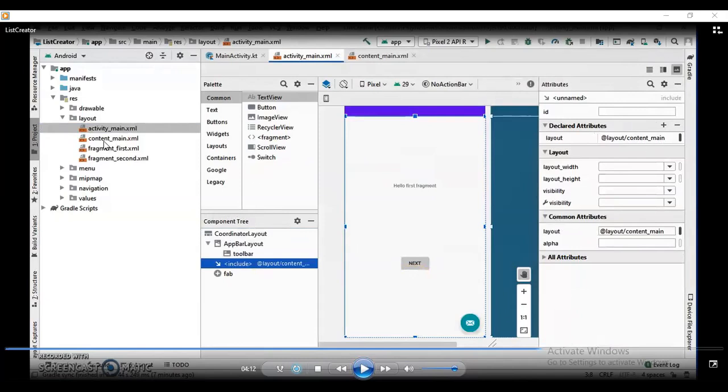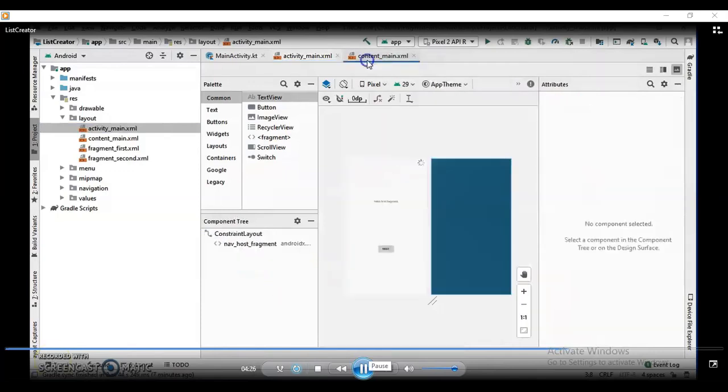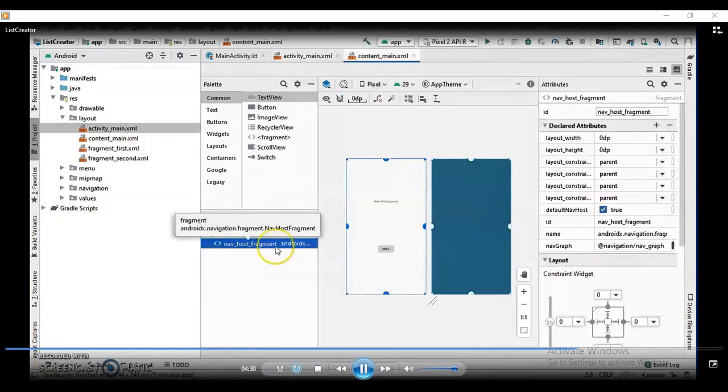So it refers to the content_main.xml file, which is holding two different fragments, first fragment and second fragment. The first fragment comprises one text view and one button, and the second fragment comprises only a button. This can be observed inside the design view of content_main, right.